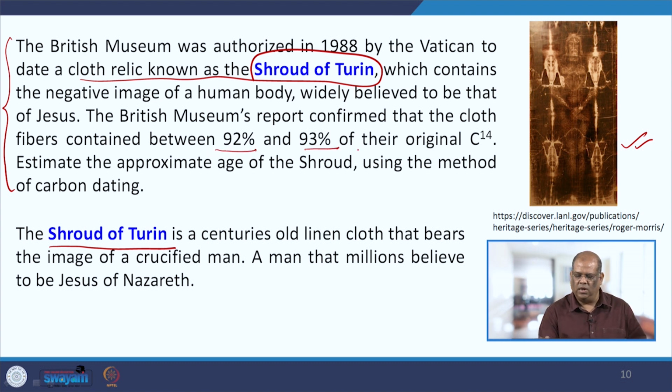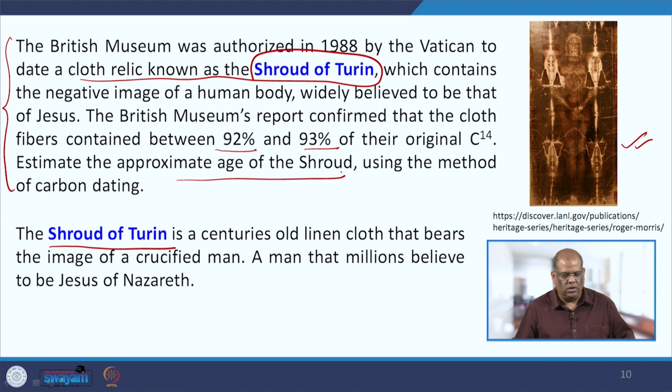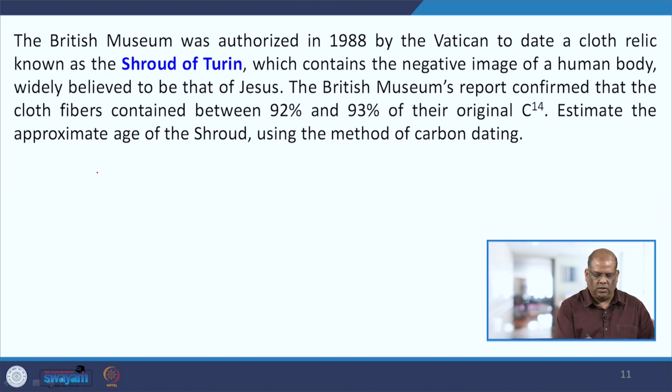And the information they have given, from the British Museum reports, confirms that the cloth fiber contains between 92% and 93% of its original carbon 14. So, what will be the approximate age of this Shroud of Turin? That was the challenge placed before them, and they used this method of carbon dating. So, we have lambda equal to 1 by tau ln 2. If I put the value of the half-life of carbon 14, 5730, this is approximately equal to